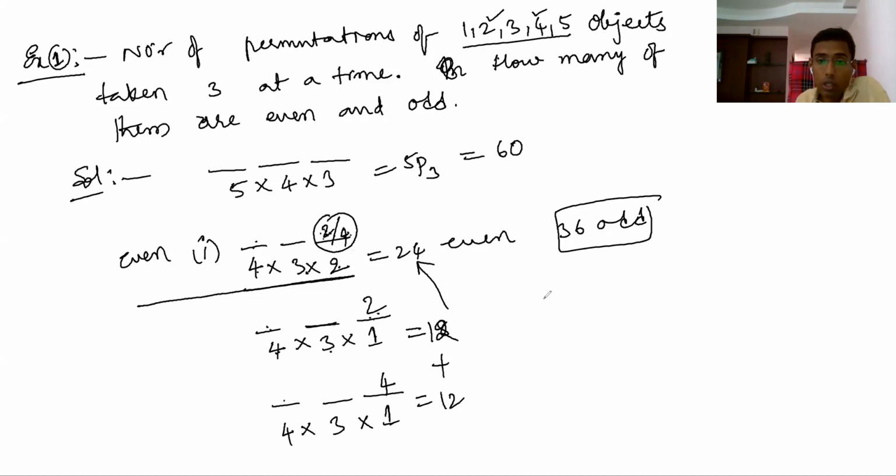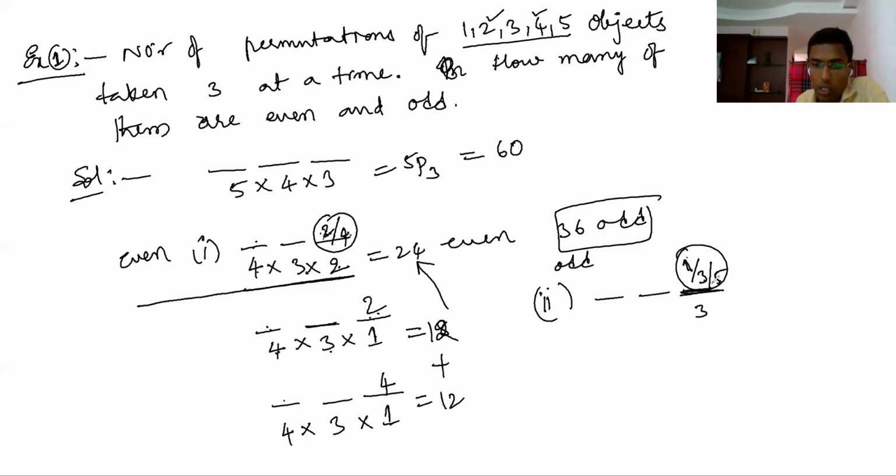So odd number. Okay, odd number you can do directly like this, but you can also do like this. What is that? 3-digit odd numbers we want now. Odd number means what? Here you can arrange this one. You can arrange it 1 or 3 or 5. 3 ways you can arrange it. So last blank can be arranged in 3 ways. Okay. So here either 1 or 3 or 5 we are arranging.